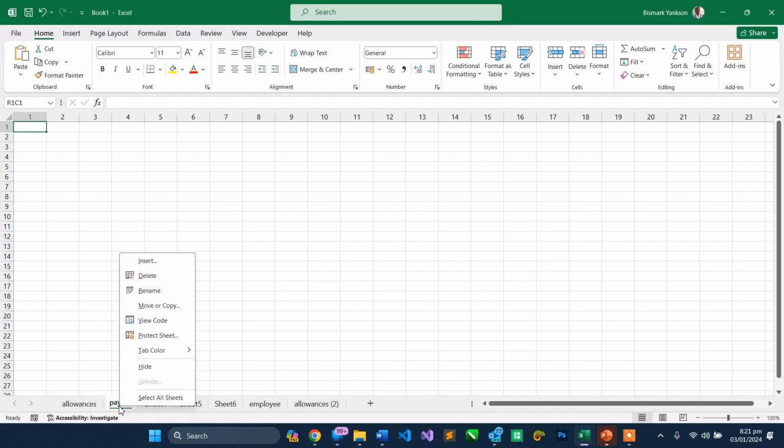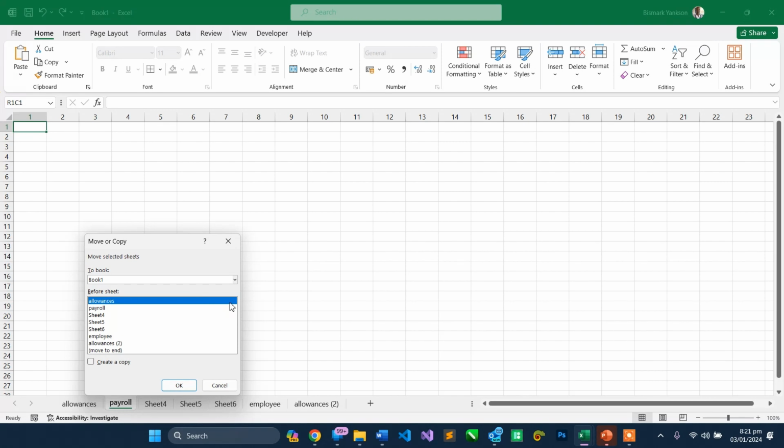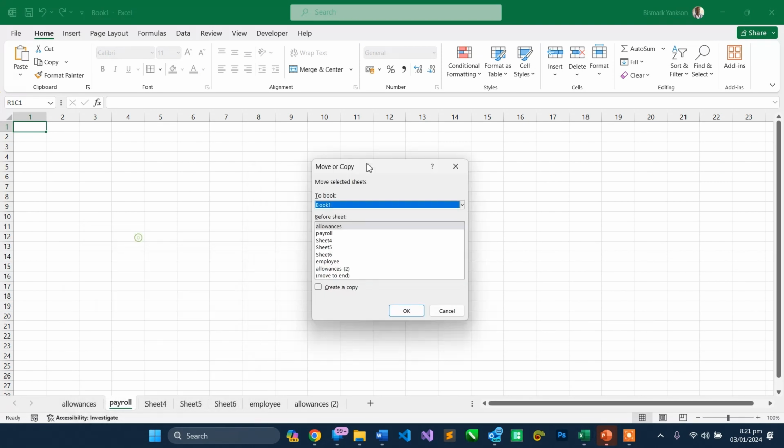In order to do that, you do the same process. You right click, you come to move or copy. But this time round, you look at the To book option. It tells you book one. But this time round, we don't want book one. We want to create a new book. But you can see there is that opened